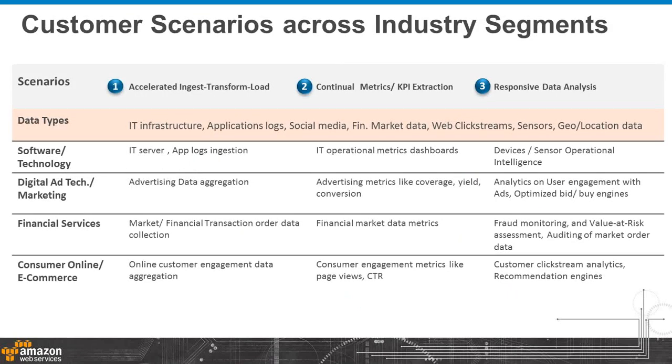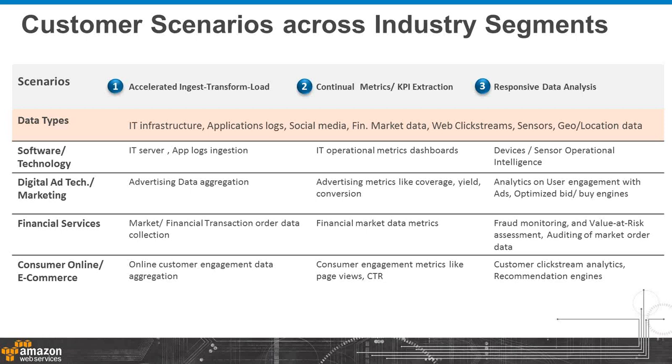What would customers want to do with the ability to do streaming data ingestion and processing? We see three kinds of scenarios emerge across a variety of different industry segments. The very first scenario happens to be not very glamorous at all, but a scenario that has tremendous value for lots of businesses and customers. And this is around accelerating the pace of data ingestion coming from all of these different sources of interest.